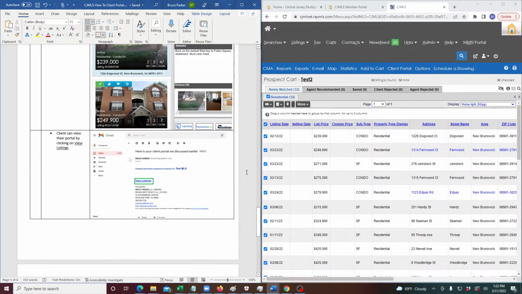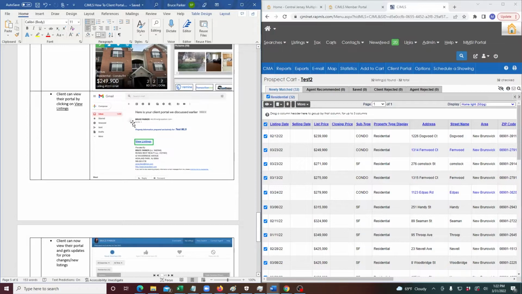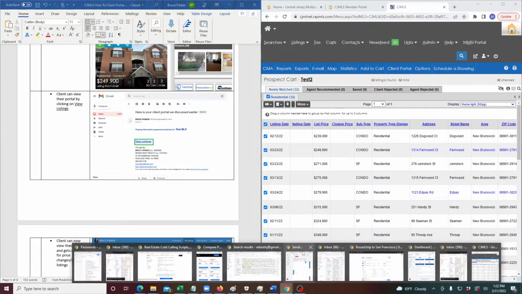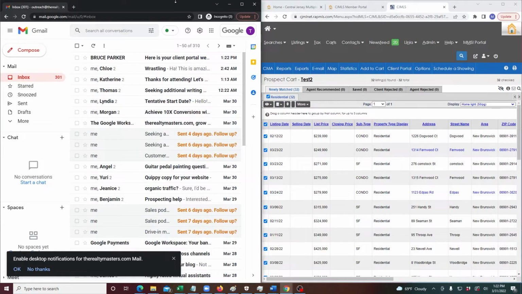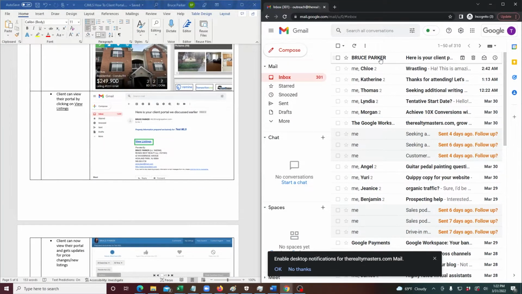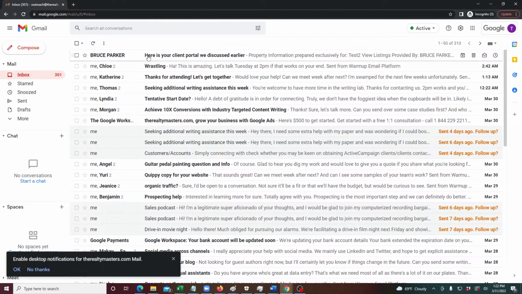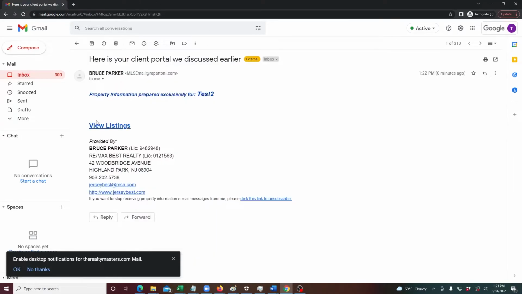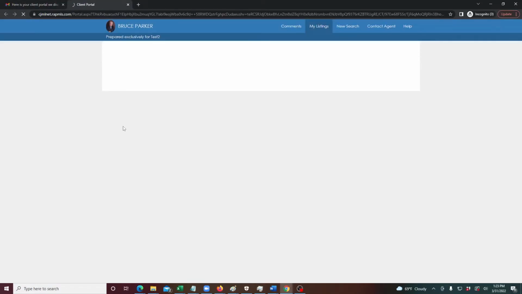So now we can go to the email that we just sent it to, just to double check what it looks like on their end. Okay, so this is what they received from Bruce Parker in this particular case. Here is your client portal we discussed earlier. That was the subject line. So let's click on it. Here we are, and this is where the client has to click on View Listings. So if we click on View Listings,